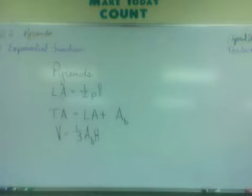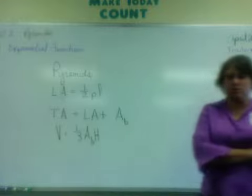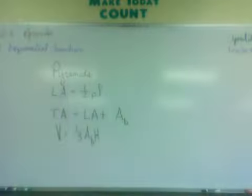The formulas change when you start dealing with pyramids, because prisms and pyramids